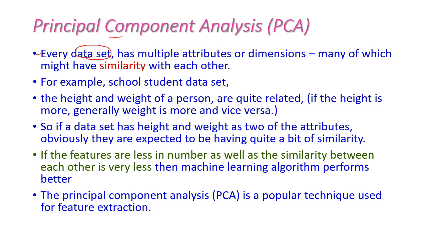Every data set has multiple attributes or dimensions. The fields of a data set are called attributes, many of which have similarity with each other. For example, in a student database, the weight of a person is related to the height of the same person. If height is increased, then weight also increases. If weight is increased, then height also increases. Here the weight and height are somewhat similar to each other,